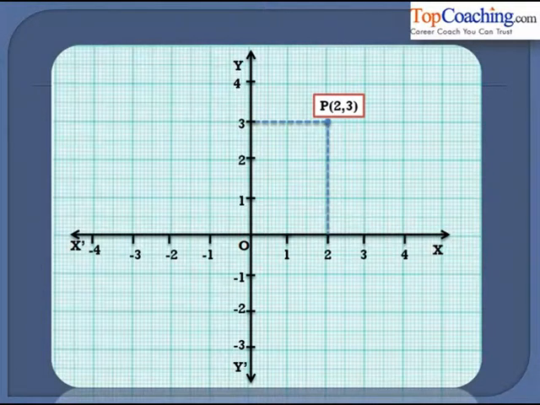Now this point definitely lies in the first quadrant. Now this distance of the point from the y-axis is known as the abscissa. So the distance of a point from the y-axis is called the abscissa, which is actually the x-coordinate of any point. Similarly, this distance, which is the distance of the point from the x-axis, is called the ordinate, and this is actually the y-coordinate of the point P.